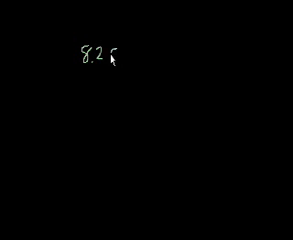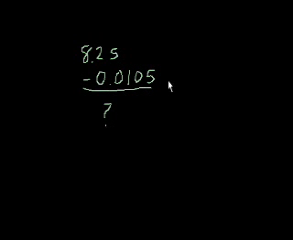8.25 minus 0.0105. So what was that first step that I always have to do? Right, to line up the decimals. So let me do that. So it's